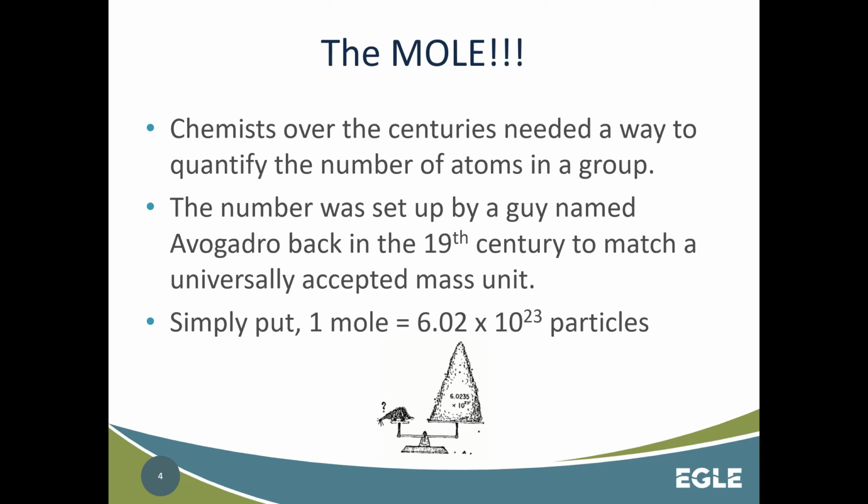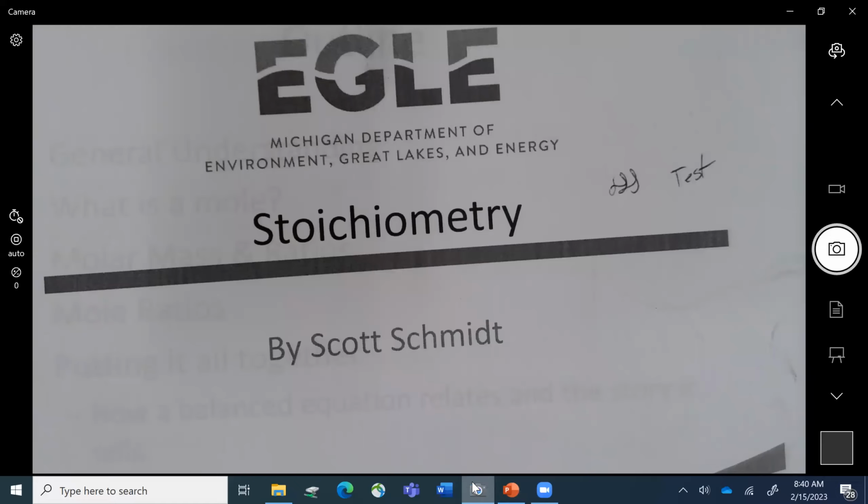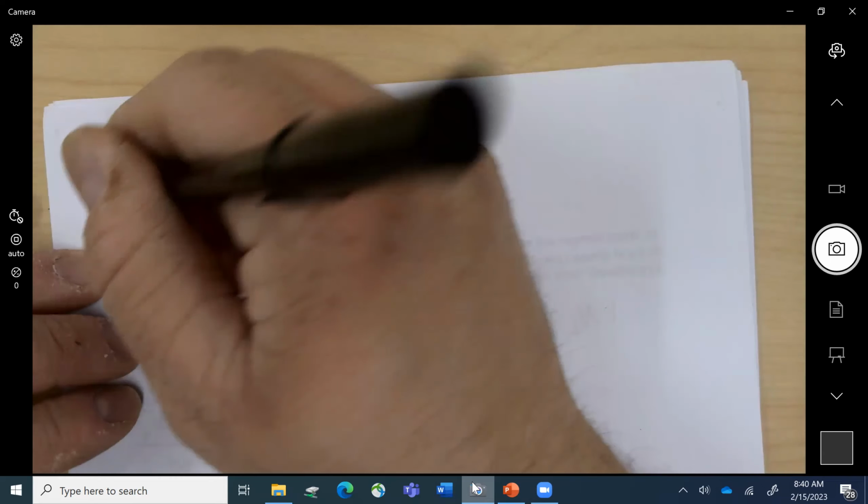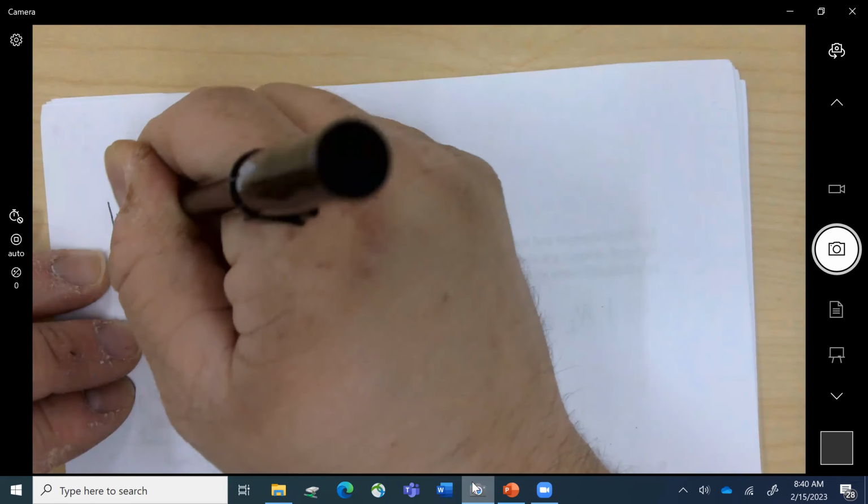I want to show the significance of this, because 1 mole equals 6.02 times 10 to the 23rd. First off, a lot of people don't necessarily grasp what that means. A mole is just like 1 foot equals 12 inches, right? Or a dozen. A dozen's a better way of thinking about it. If I tell you to go get 1 dozen donuts, we all know we're going to get 12 donuts, correct? Well, the mole works in a similar fashion. 1 dozen represents 12, and 1 mole represents